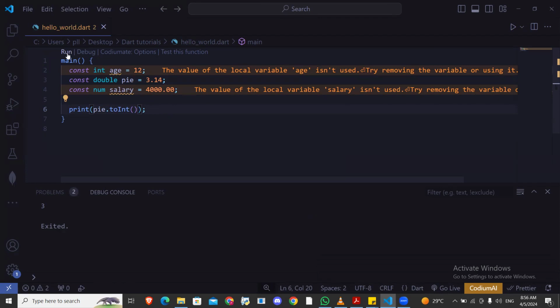3.14 can be a very big source of error. So when you're making this conversion, be very, very careful. Unless you're ready to lose the data, you can go on with it. But be very, very careful when you're making conversions from double to int, because you're going to lose data. Okay? All right, so